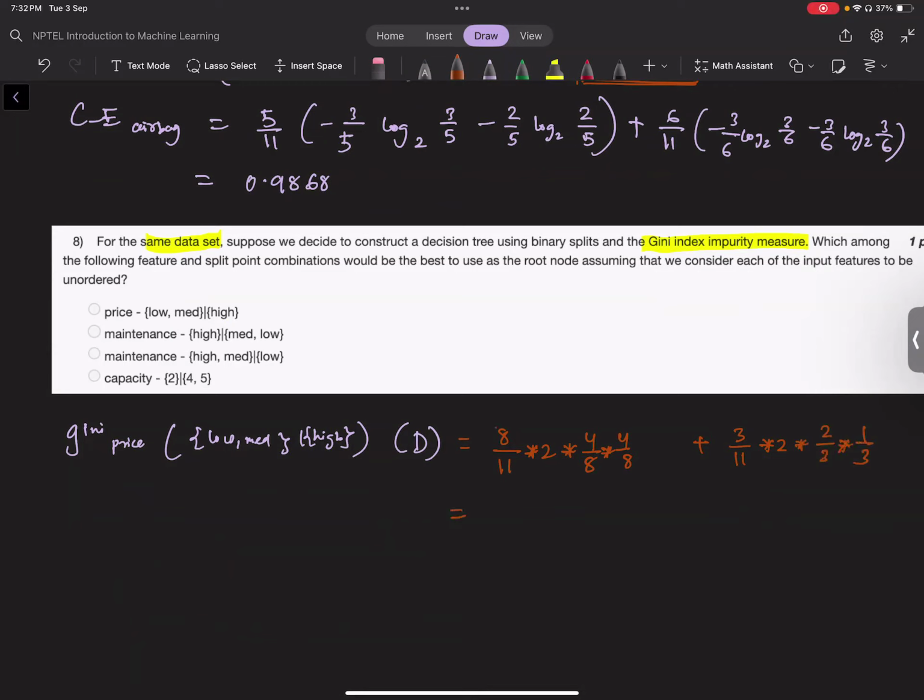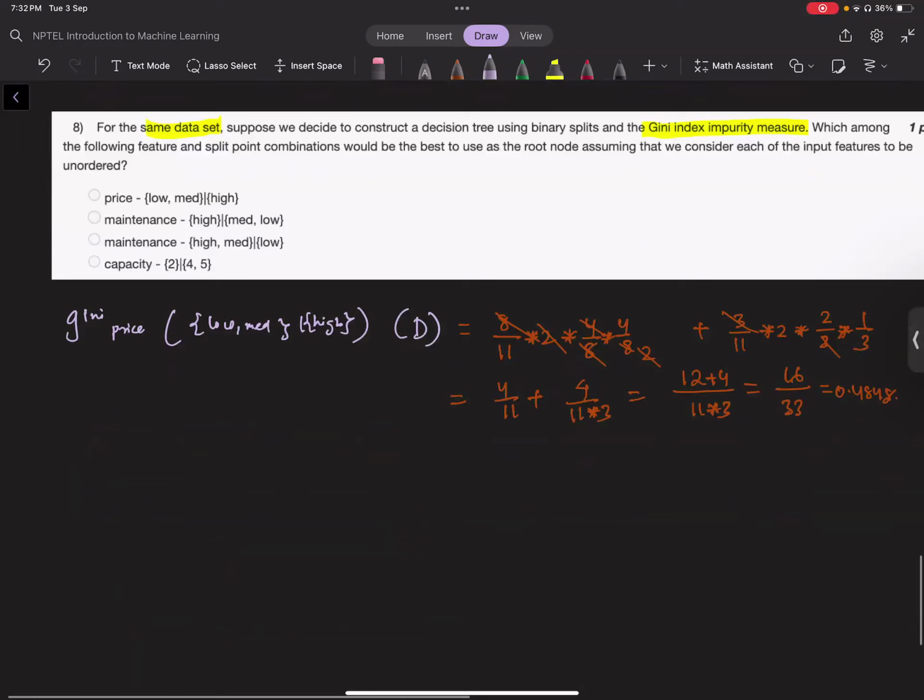So this will give me 2 cancel 4 by 11 plus 3 cancel 4 by 11 into 3. That will be 11 into 3, 12 plus 4, 16 by 33. What is 16 by 33? It is 0.4848. Okay. Similarly, if we do the Gini for this,